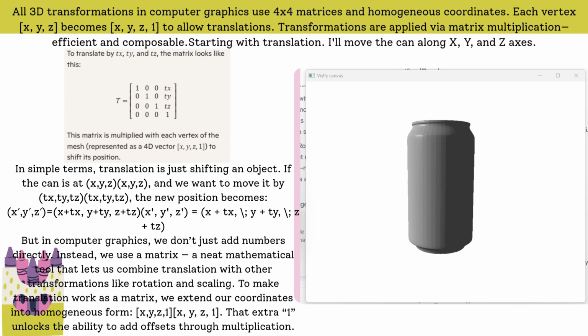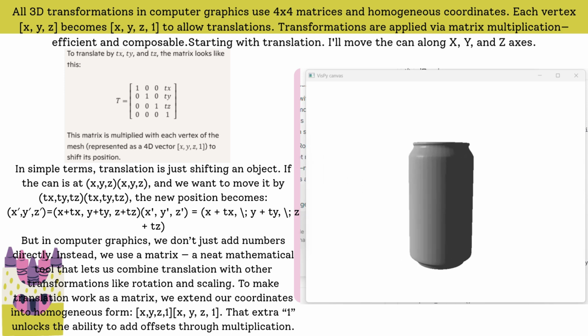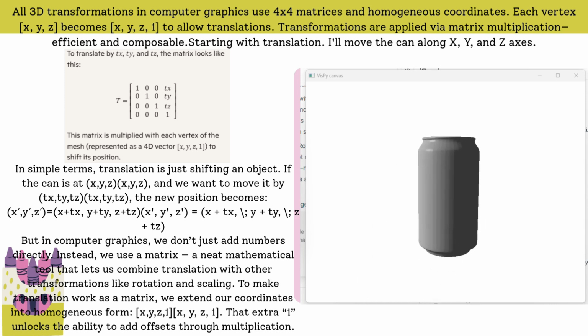In simple terms, translation is just shifting an object. If the can is at (x, y, z) and we want to move it by tx, ty, tz, the new position becomes